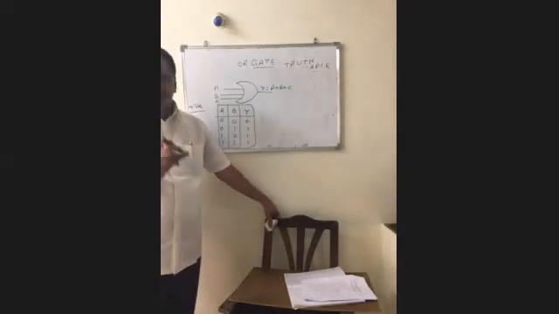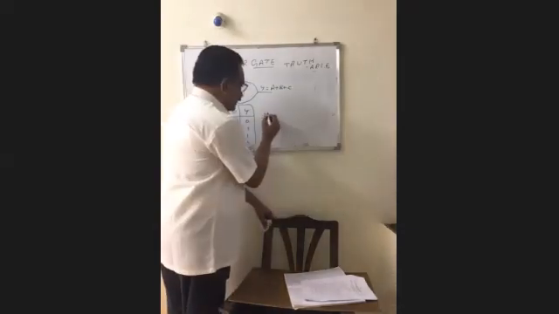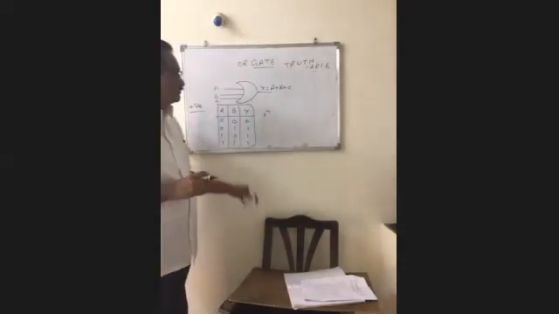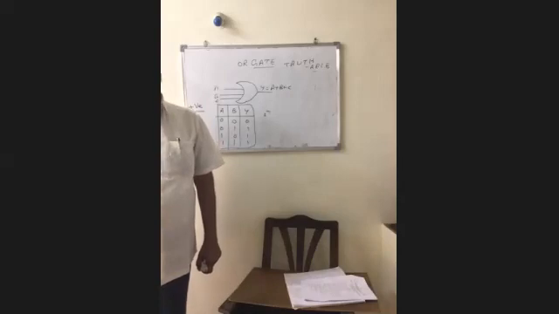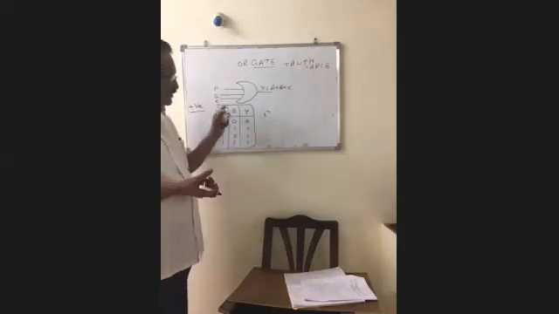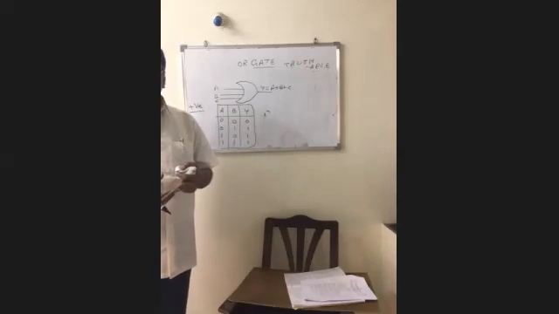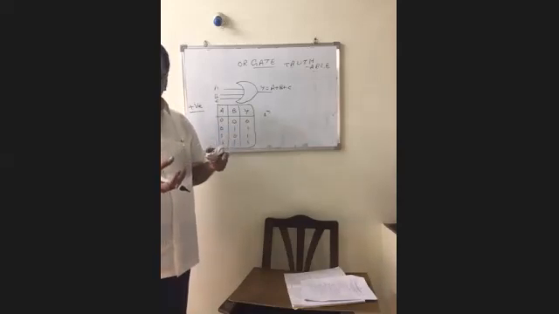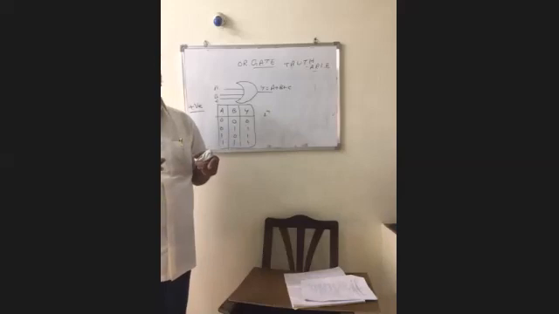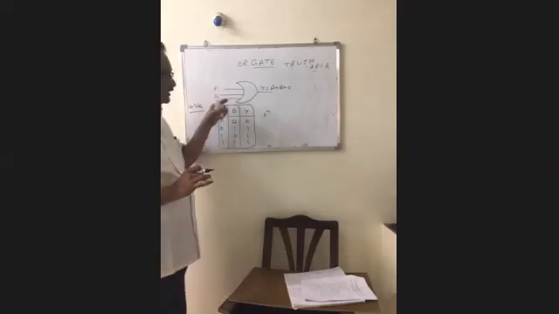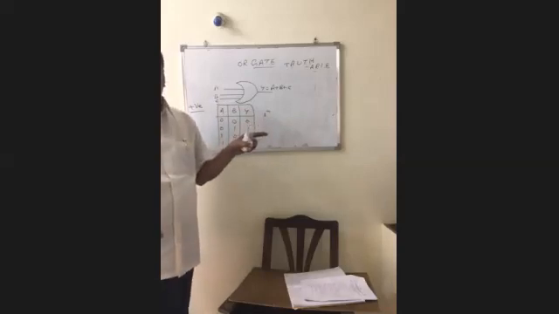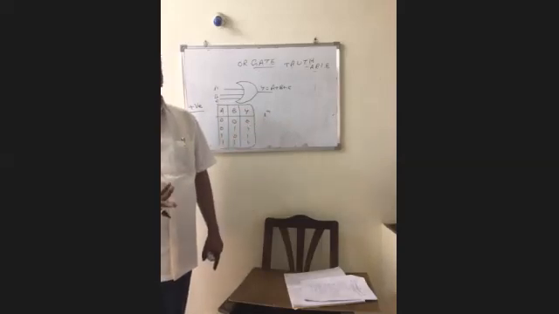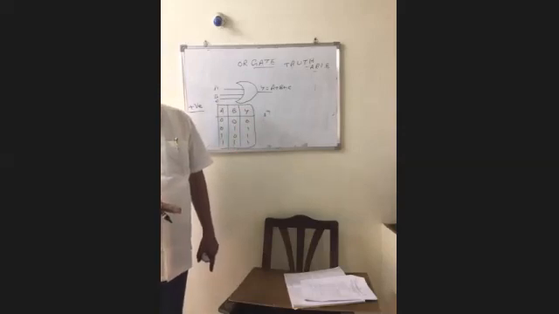The number of rows in a truth table is equal to 2 to the power of n, where n is the number of inputs. For example, a 2-input gate has 4 rows. If it is a 3-input gate, 2 to the power of 3 is 8, so there are 8 rows. 8 rows means there are 8 input combinations.